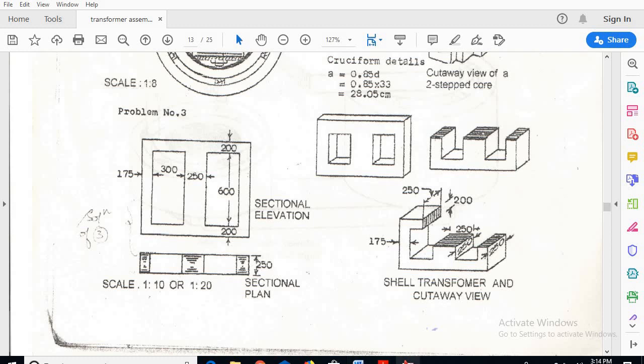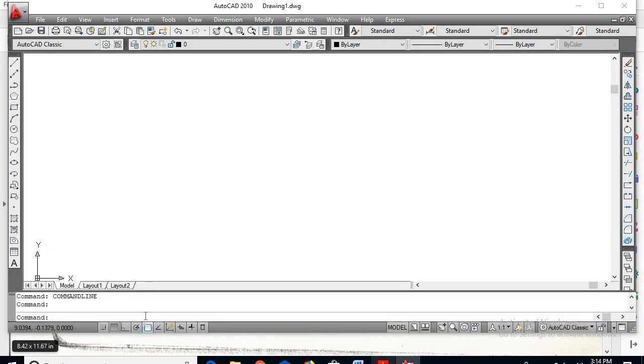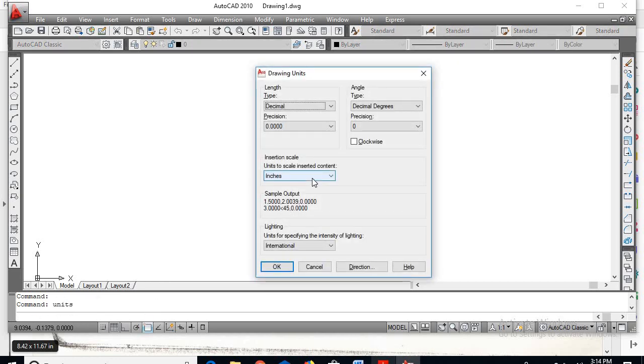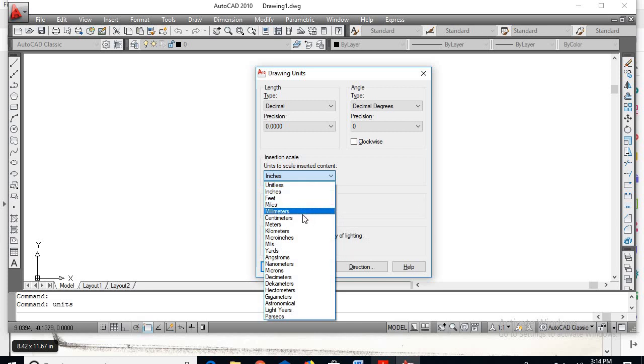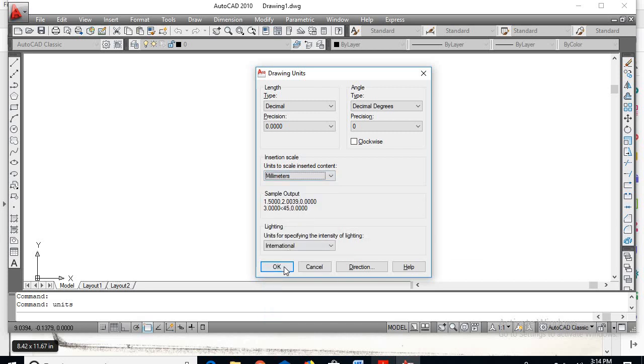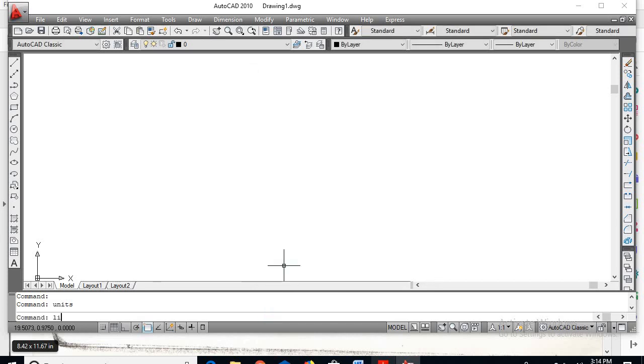Now while going for the AutoCAD tool, go for units, enter. Since the data is given in terms of mm, go for millimeters, say OK. Next go for limits, enter, 0, 0, enter.